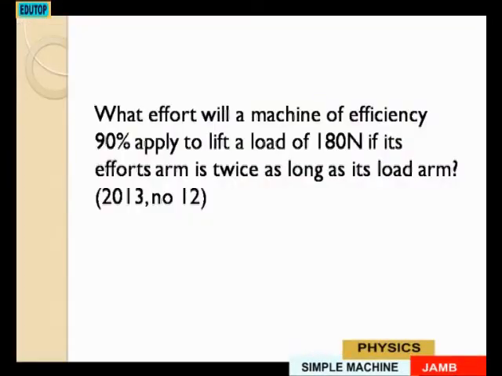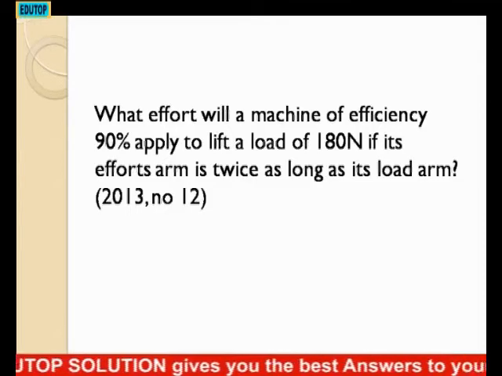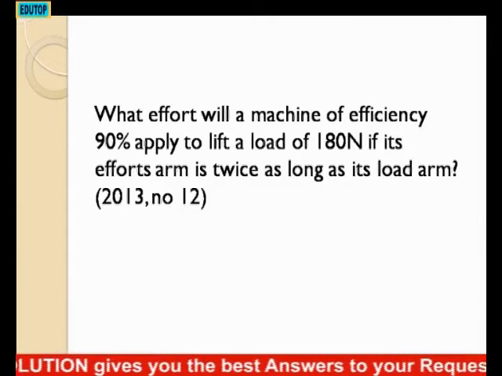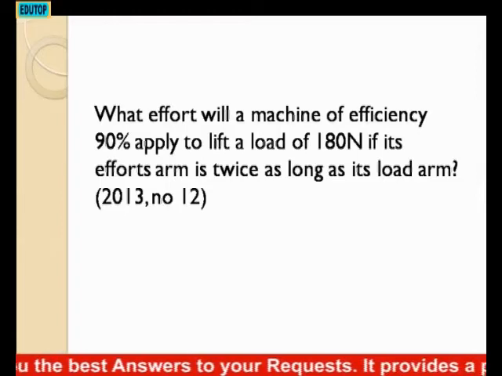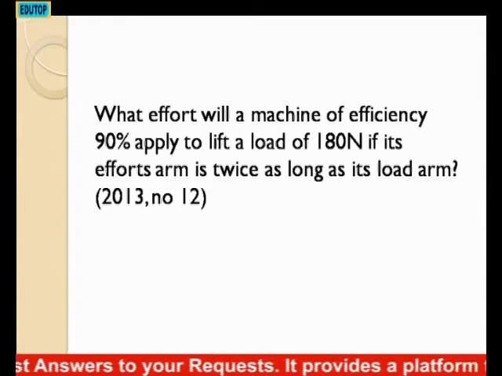Question number 4. What effort will a machine of efficiency 90% apply to lift a load of 180 Newton if its effort arm is twice as long as its load arm? We are given the efficiency of the machine to be 90%. So we are still coming to